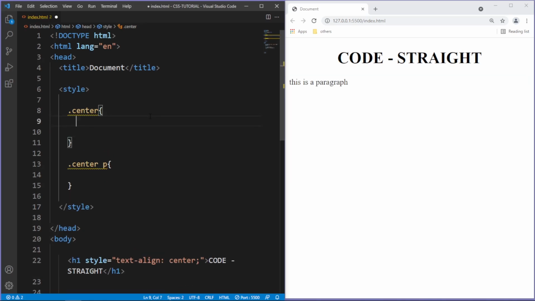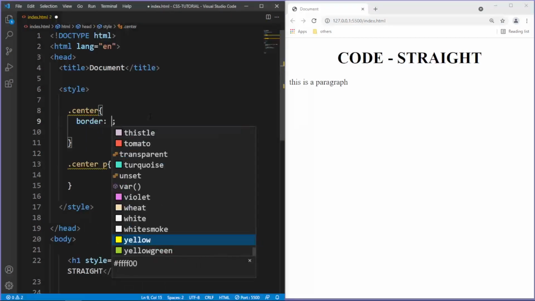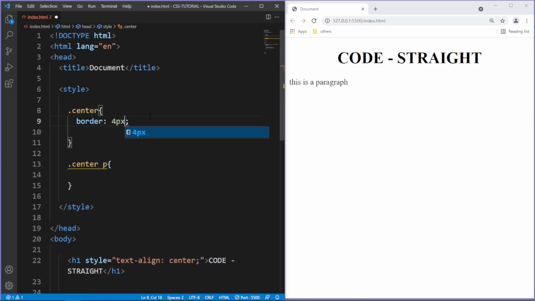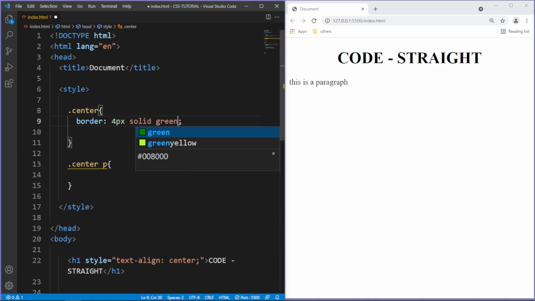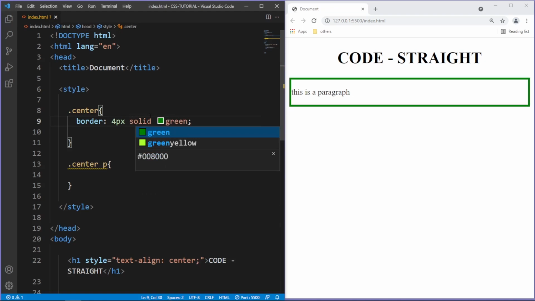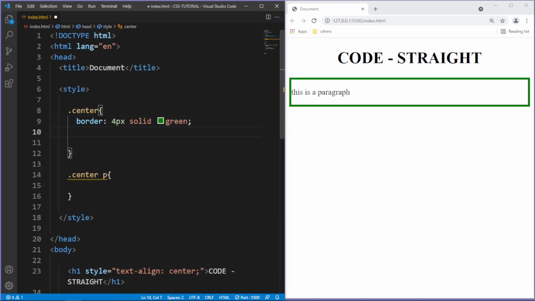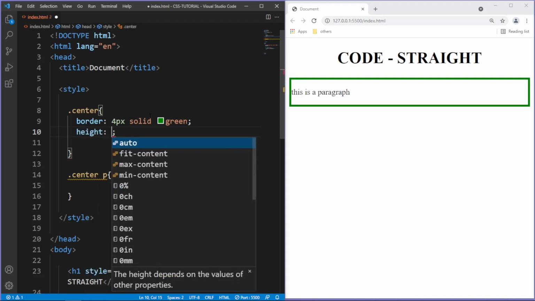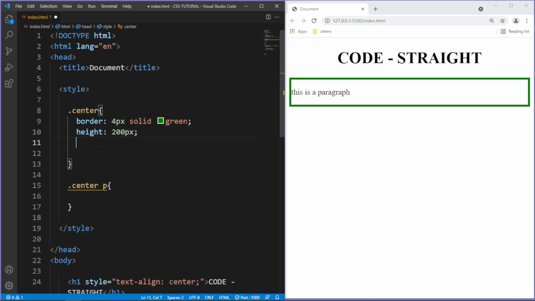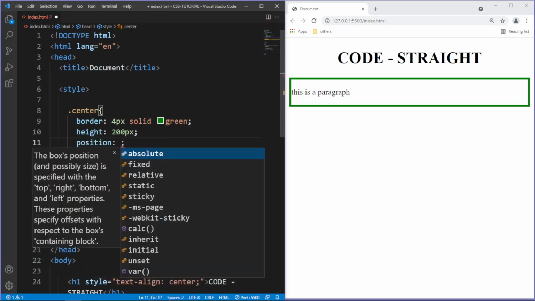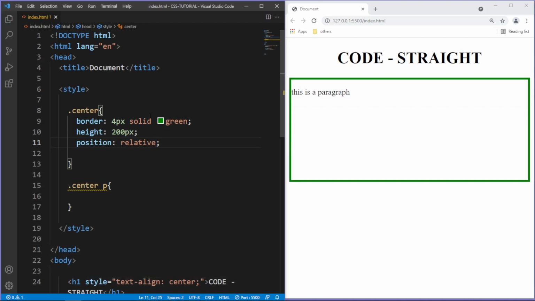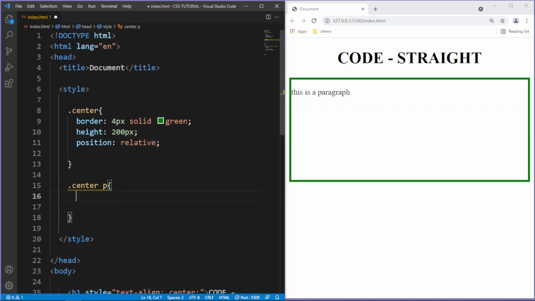Let's come in here and give a border of 4 pixels solid green, and I'm also gonna give it a height of 200 pixels, and the position would be relative. Hit save and come in here and type